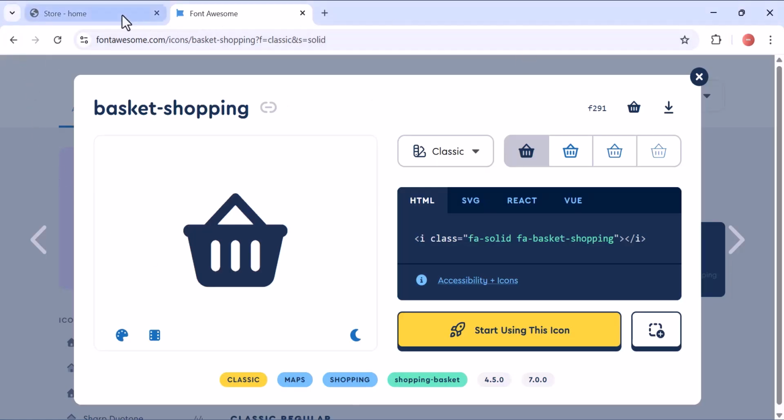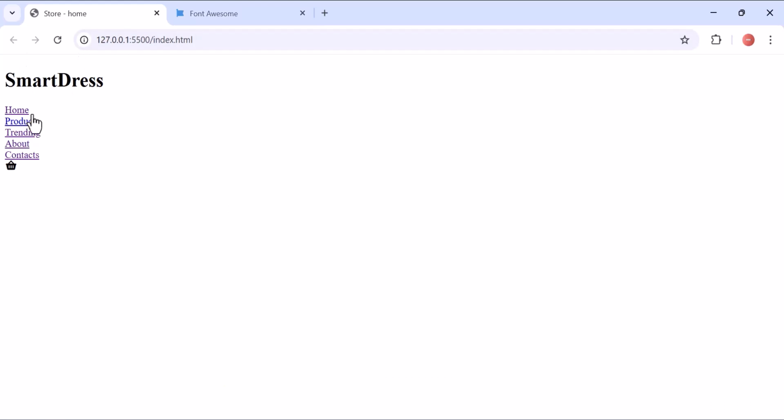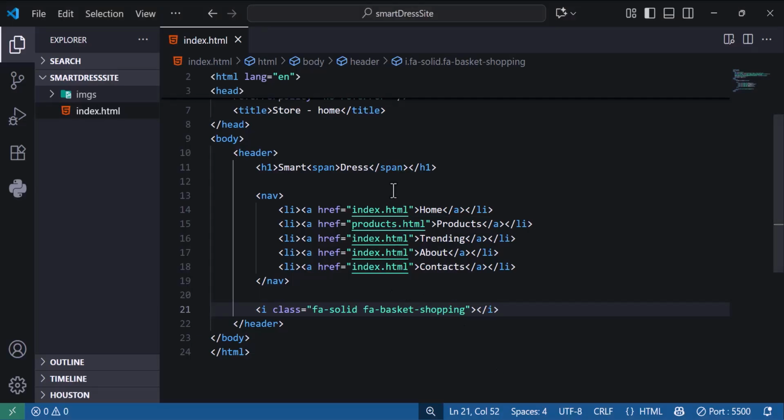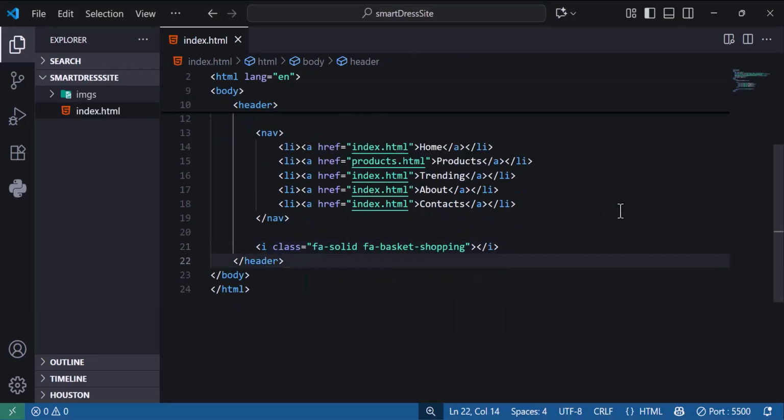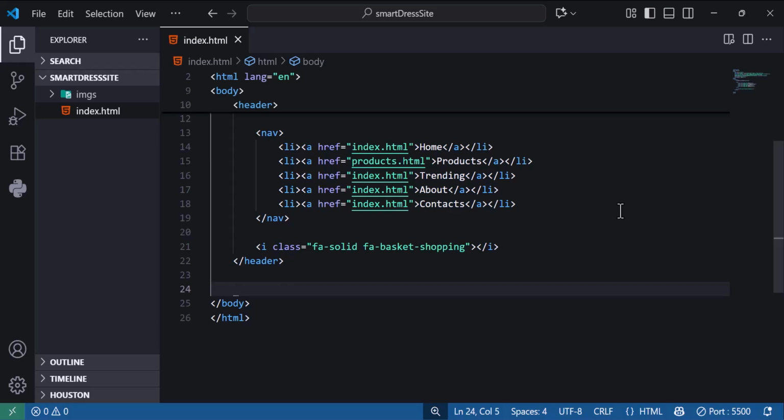Now if we come back to our site, we can see SmartDress and then our links and our icon for the cart. Okay, let's call it basket so that you guys don't get depressed that I'm calling it a cart and it's a basket. So the next thing we can work on,